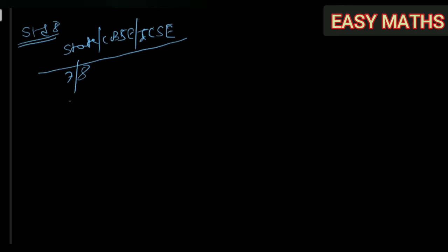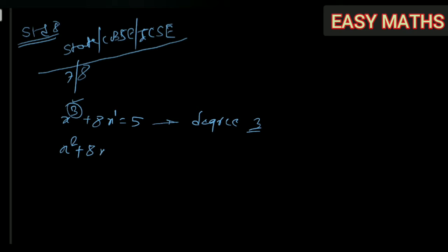So let's see. First I will tell you what is meant by a linear equation. If I have written an equation like this, then what is the power of the variable in the first term? 3. And what is the power of the variable in the second term? 1. So the highest power is 3. It is called the degree of the equation. So the degree of this equation is 3. If I write an equation like this, then what is the power of x here? 2, 5 and 3. So the highest power is 5. So we say that the degree is 5.